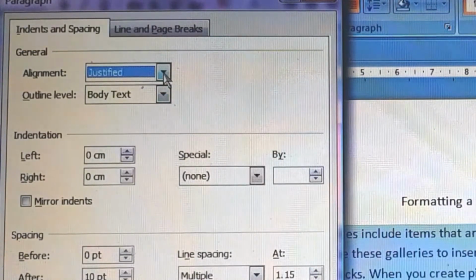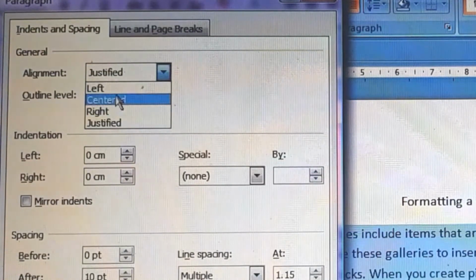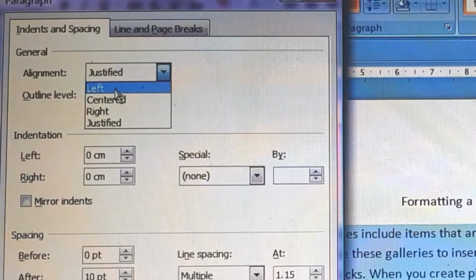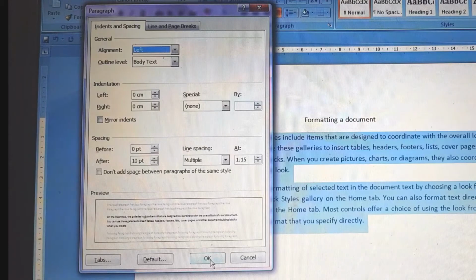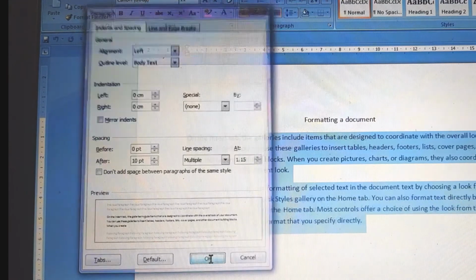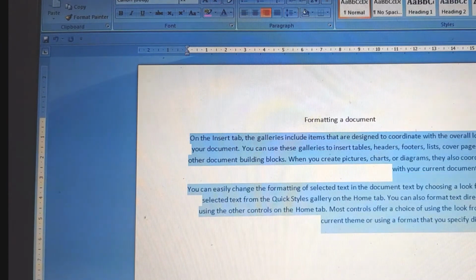From this drop down arrow, you can select any option, like left if you want. Just click on left and then press the OK button. You can see here it is again aligned towards the left margin. So like this, children, you can use any of the three options to align your text.